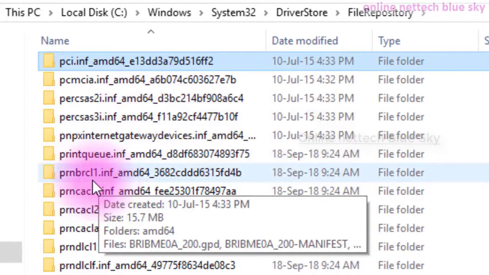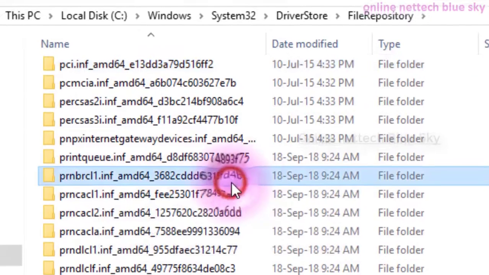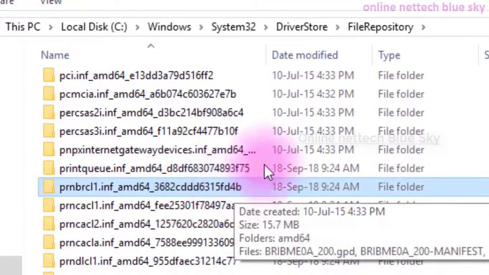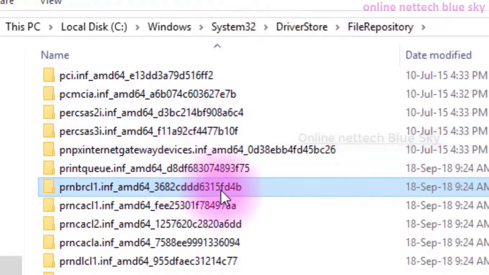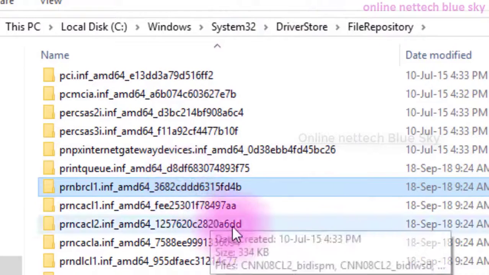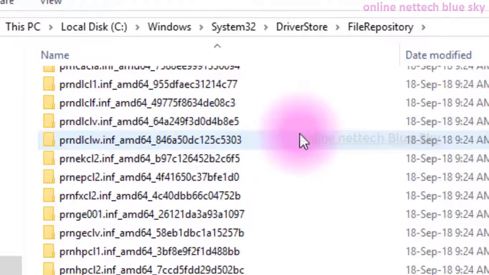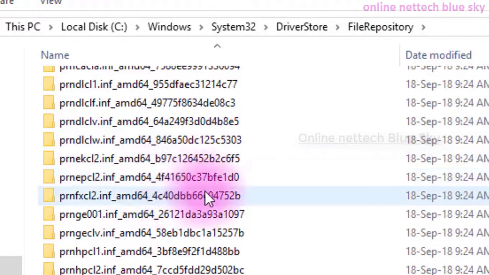This is a folder for this printer, with the install access and this driver here. There is prnhpc1.inf, and AMD64, which means 64-bit. These drivers are stored in this folder, and the system accesses all of these paths.